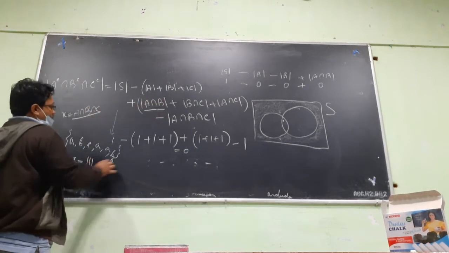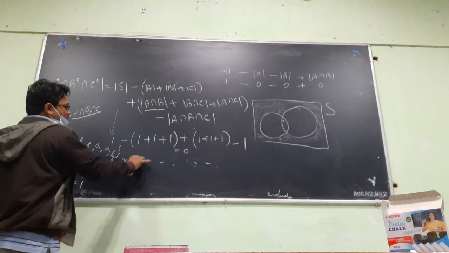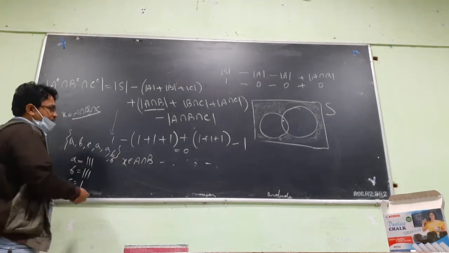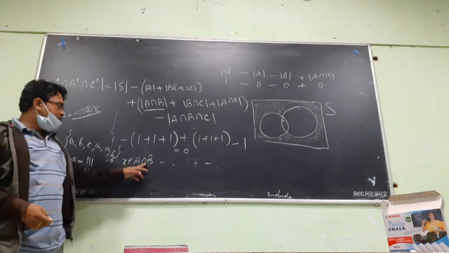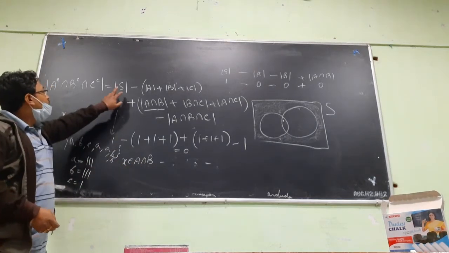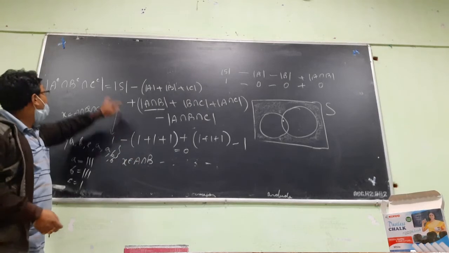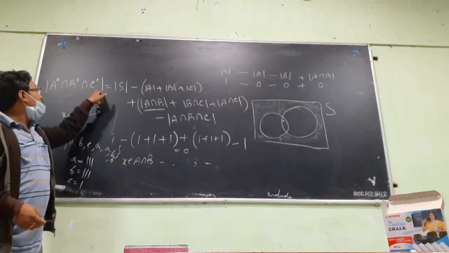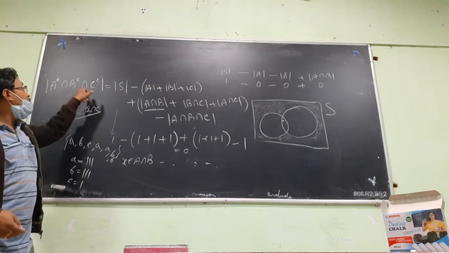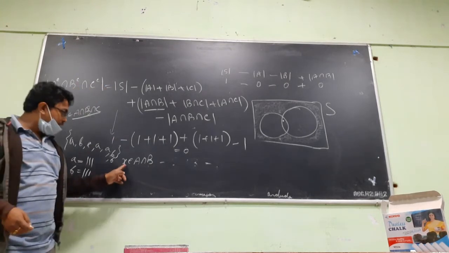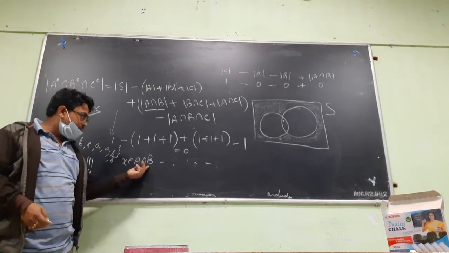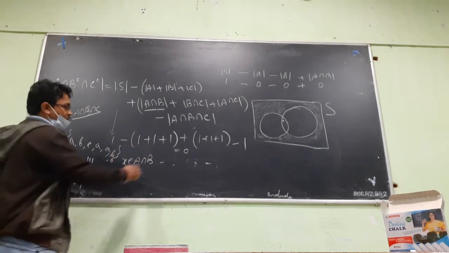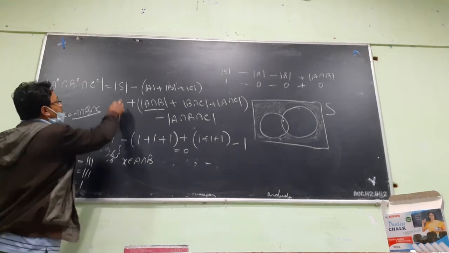Okay. Now, another case is if an element belongs to 2 of the sets. Say A intersection B. If this X belongs to A intersection B, then what happens? Then also it should not be counted. It is 0 because this set contains all those which do not belong to any of the sets. So if an element belongs to 2 of the sets, then also it should not be counted. Right side is 0 here. Let us see whether it is 0 or not.